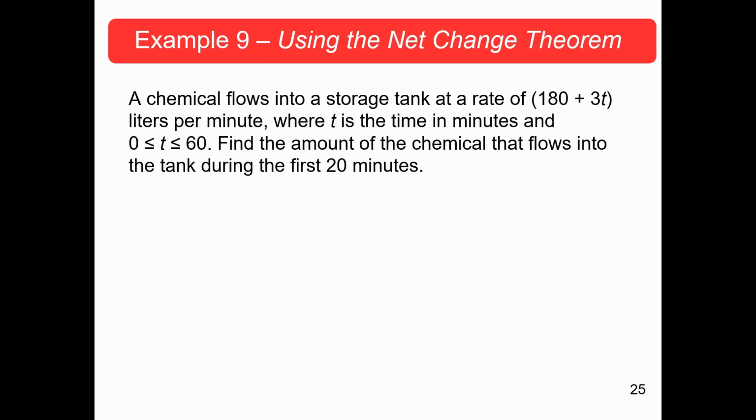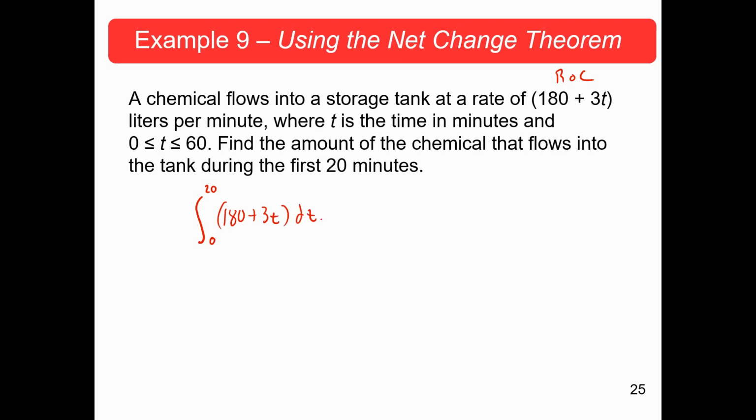For example, a chemical flows into a storage tank at a rate of 180 plus 3t liters per minute. Man, that sounds like a rate of change, right? That sounds like a derivative, where t is the time in minutes and time is between 0 and 60. Find the amount of the chemical that flows into the tank during the first 20 minutes. So I need to know the net change over 20 minutes. All right, so I know the first 20 minutes is from 0 to 20 minutes. I'm evaluating 180 plus 3t